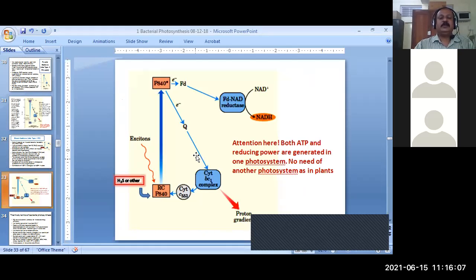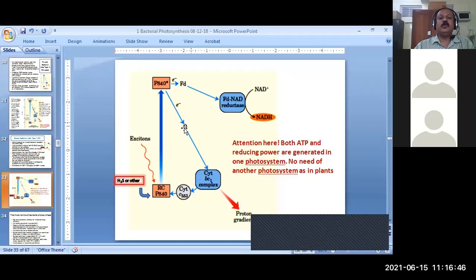Okay, so just look at this reaction center P840. When light falls on this reaction center, the electron will get excited. It goes to the higher energy level. We have already seen graphically how there is a change in the standard reduction potential. When it goes to the higher energy level, it actually goes to the negative side. So the standard reduction potential becomes more negative, and when it is more negative, the electron can be released from that reaction center.